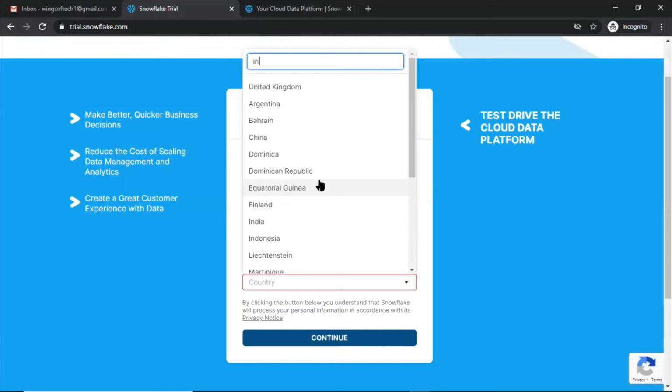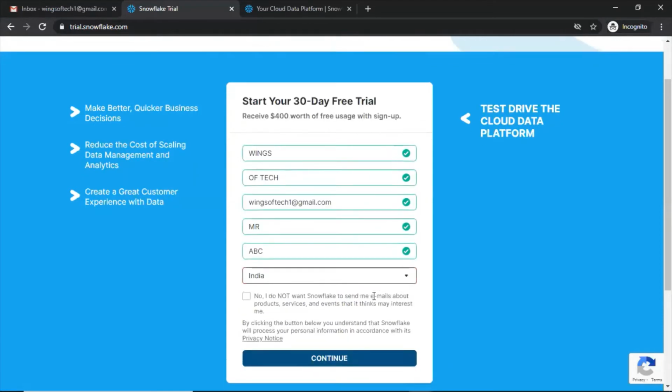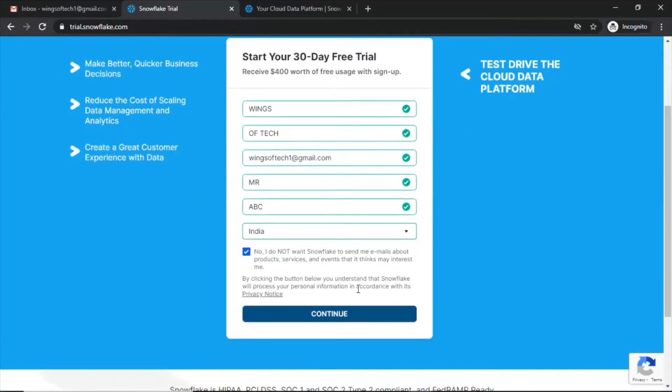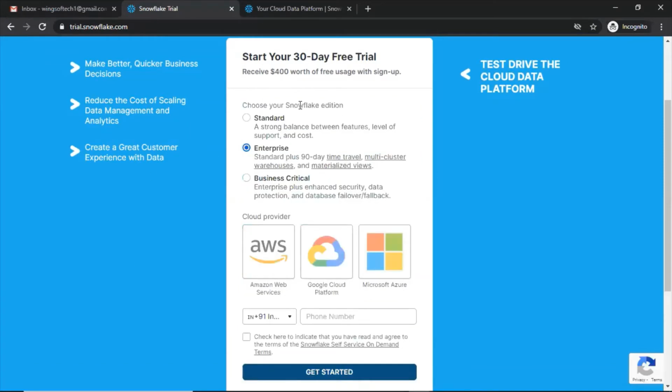I'm selecting this for India. And you can continue. Now we have to select the Snowflake edition. It can be Standard, Enterprise, or Business Critical. By default, it is coming up as Enterprise, so I'm keeping it as is.